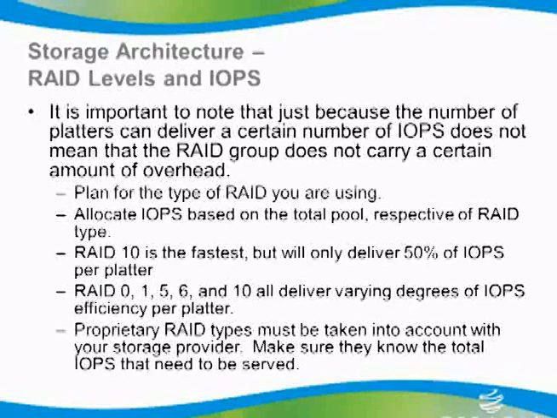So we all know that when we're factoring out IOPS from a per platter perspective, then 10K FC can give us about 100. 15K FC can give us about 150. So logically, if I have 10 drives of 15K FC, then I should have 1,500 IOPS, right? Wrong. It depends on the RAID level, because no one today is going to just take a bunch of FC